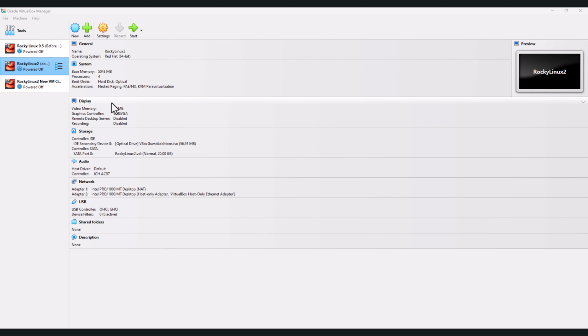Let's get started. Before we begin, make sure you have the following: VirtualBox installed on your system. If you don't have it, you can download it from the official VirtualBox website. You also need a system with at least 4 GB of RAM and 20 GB of free disk space for your Ubuntu VM, and a stable internet connection for downloading the Ubuntu ISO file. So let's start by downloading